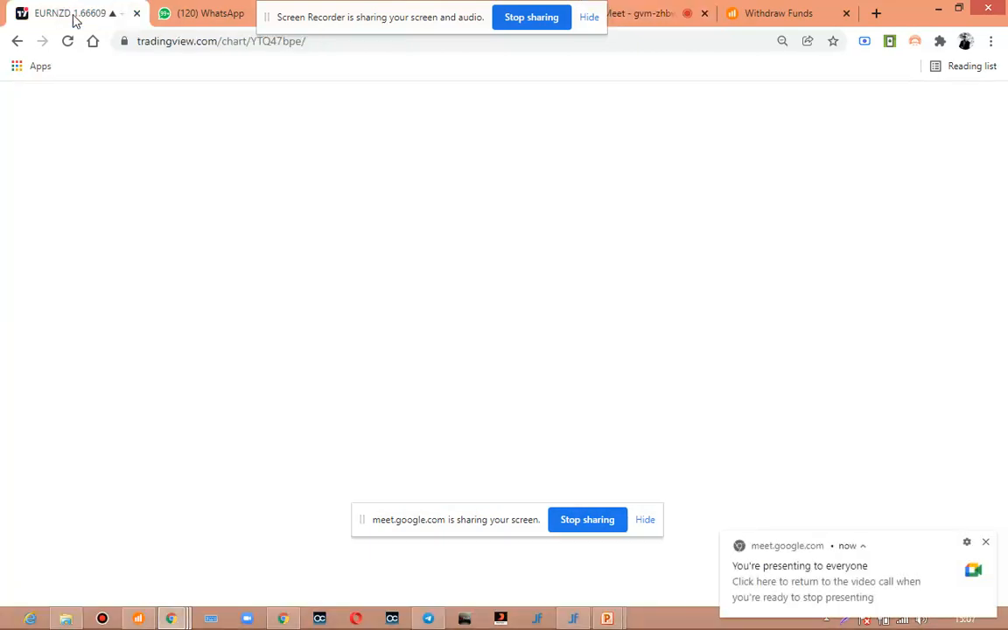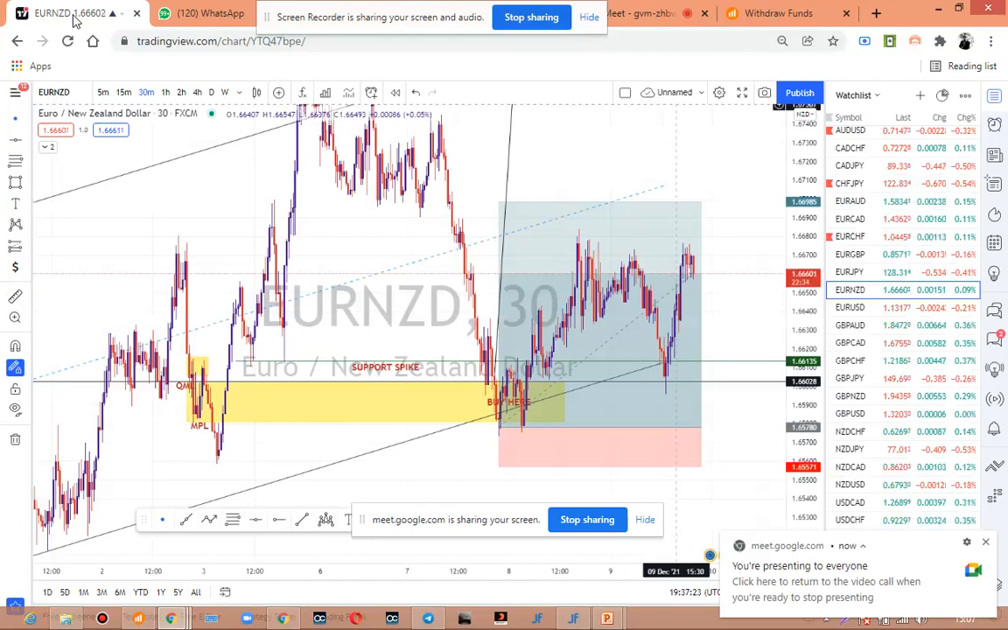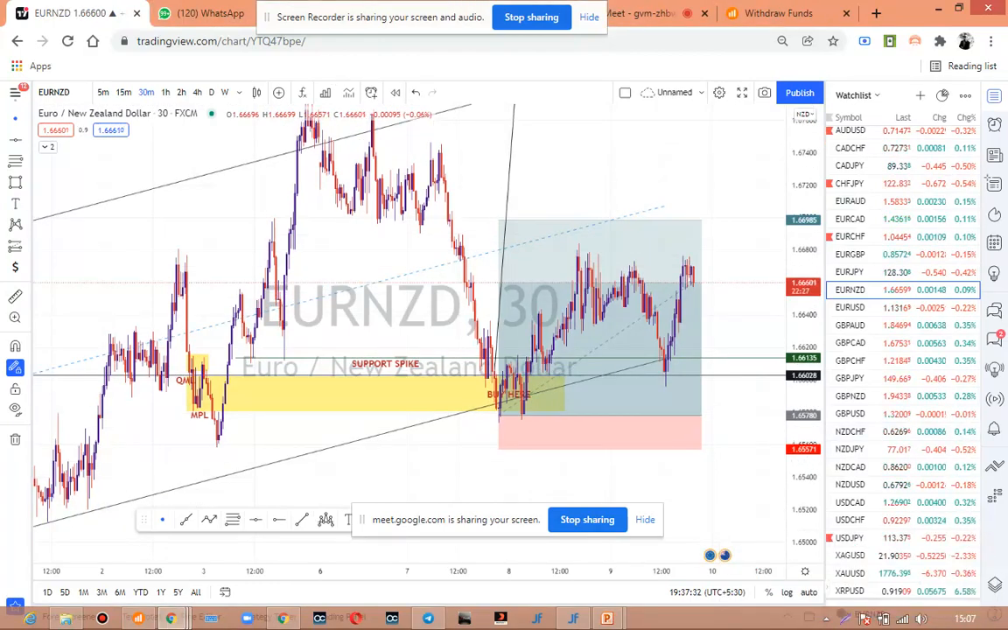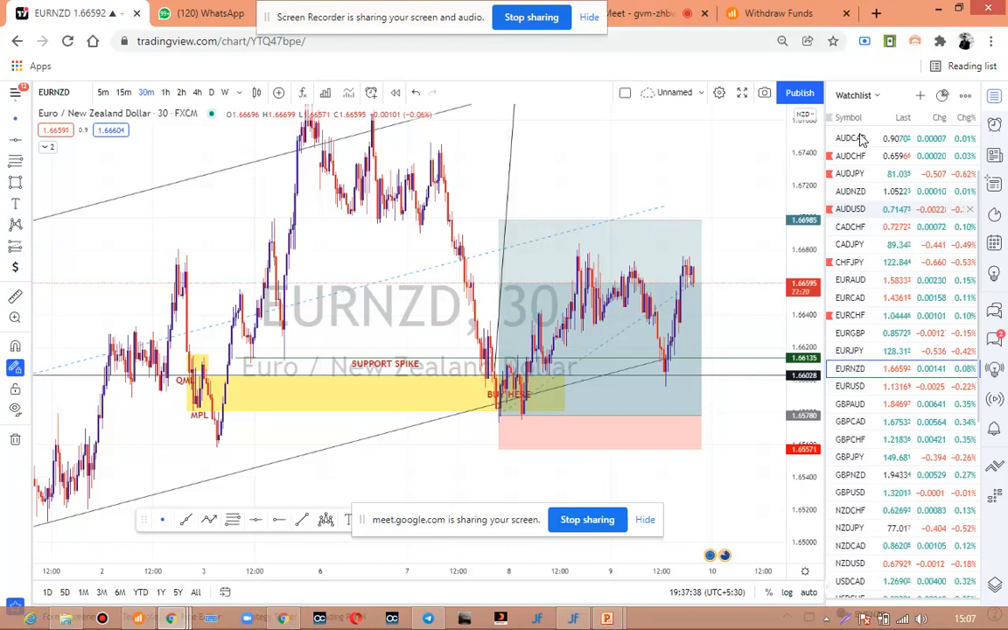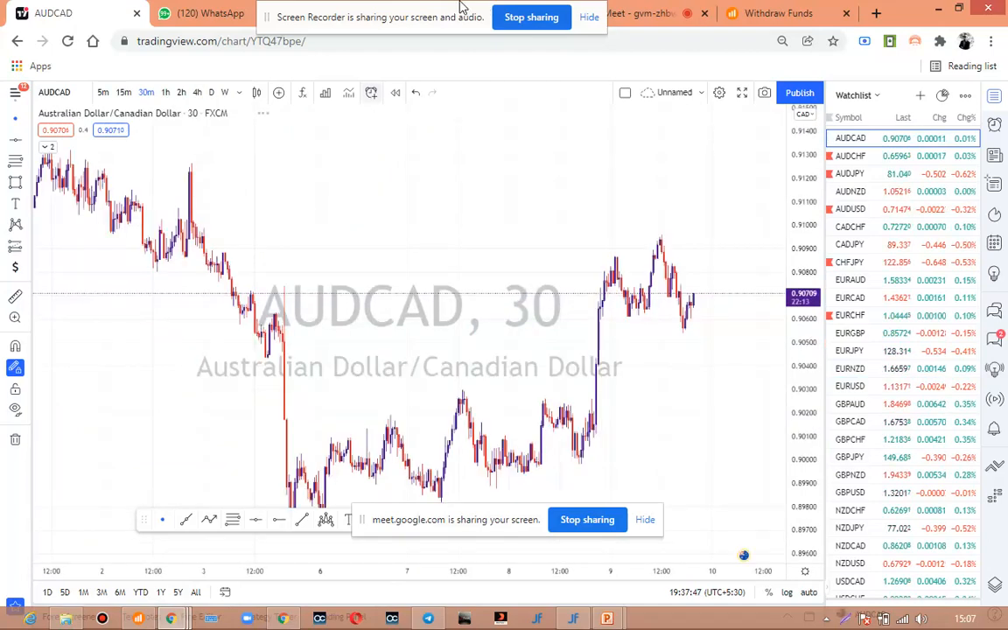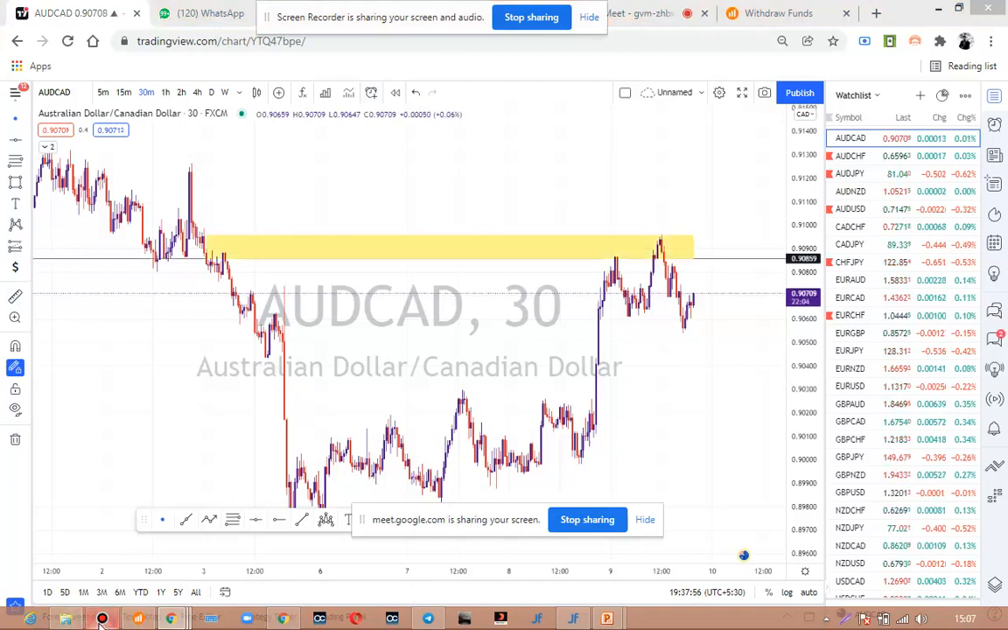So maybe I'll be using TradingView for analysis. Then I execute my trade on MT4 or IQ Option. So let me first start with AUD/CAD. Now the setup I want to use in this trade is one of my favorite setups. Most of you might be familiar with it. In case you don't know,